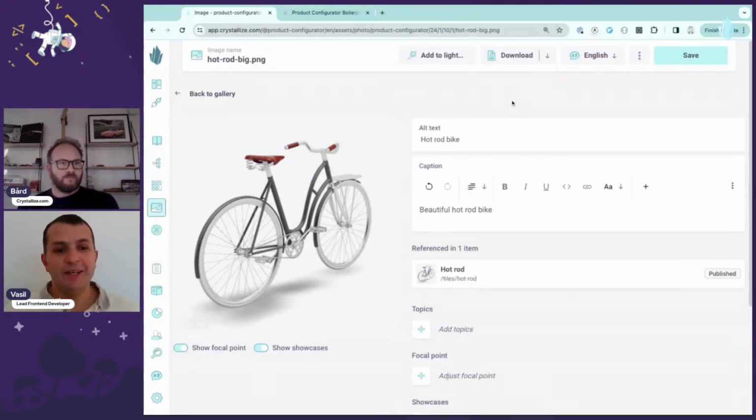As Bård said, this is really our internal Crystallize place where you can set your assets. The bicycle here is just a bundle of a lot of small products. So what if we want to point to different parts of the image, and then give additional information about what is the frame color, what are the grips, saddle, and all of that? This can now be easily achieved with the new feature that we are introducing, and these are the showcases. So here on the single asset page where you can manage the assets,